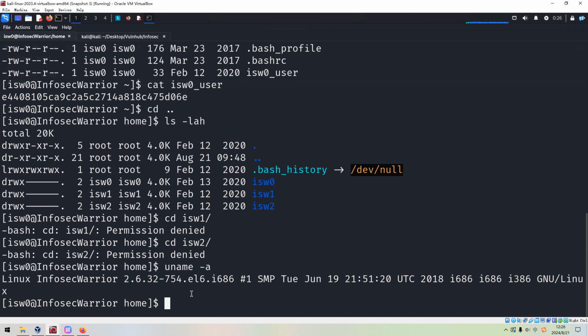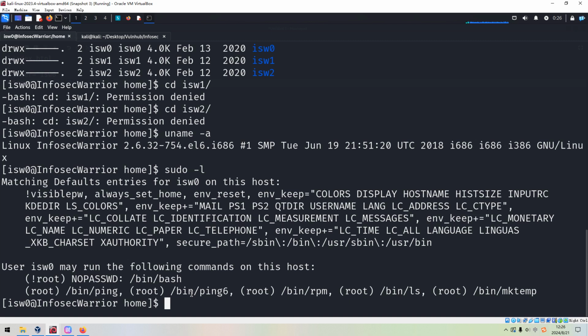For example, in almost every case, we need to check sudo to see whether the current user can run sudo. It can. Even if not, I think ping is not what we want. However, this one, RPM, we can use this package manager. RPM is the package manager for CentOS. So how to do?